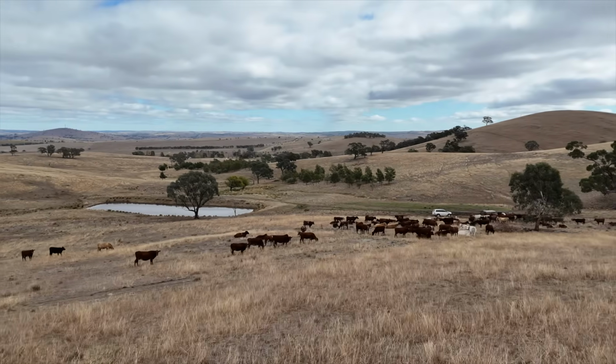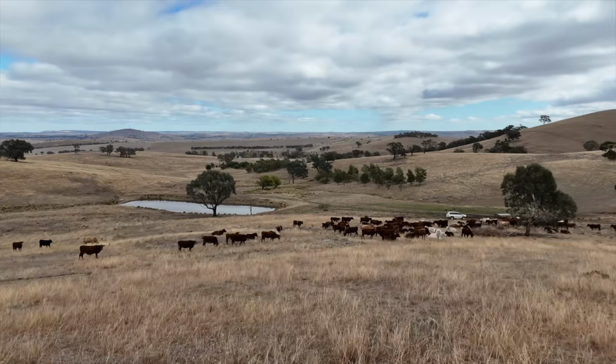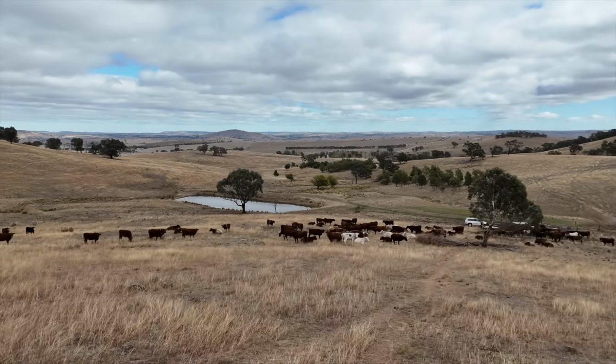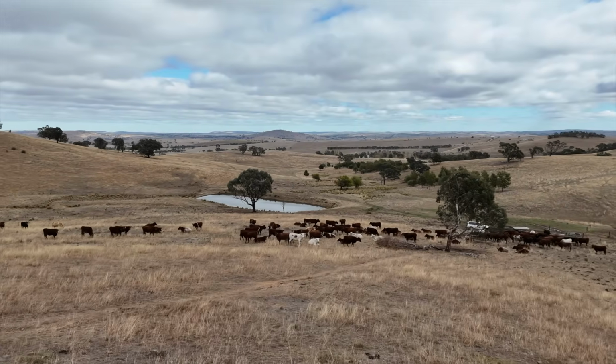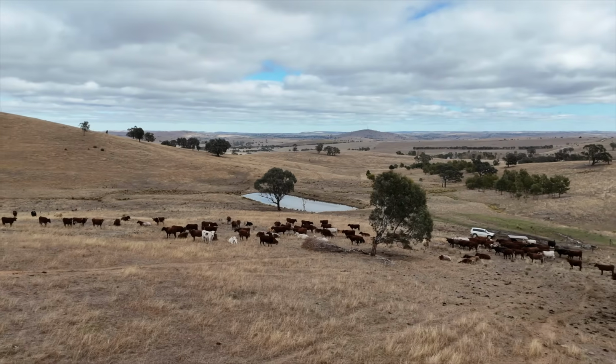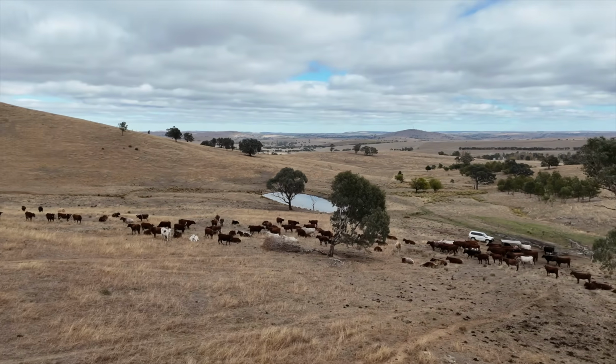But we do have some creeks. I was at one last week, and I was blown away by the amount of water in what would normally have been a very dry creek. And what that's doing is it's slowly drawing moisture out of the landscape and letting it flow very slowly through. It's watering stock and it's still hydrating